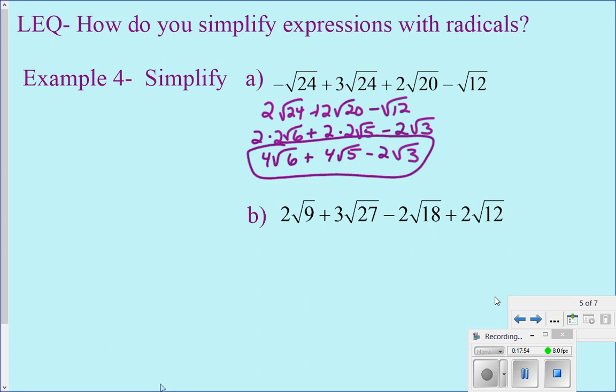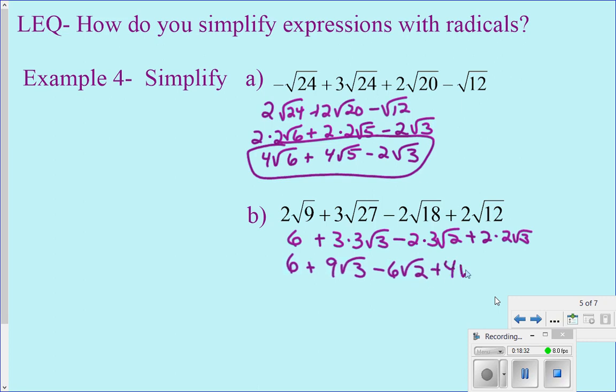So copy B, give it a try. Pause the video if you need, and then you can check it. So 2 times square root of 9 is 3, that's 6, plus 3 times root 27 is 3 root 3. Then minus 2 times root 18 is 3 root 2, plus 2 times root 12 is 2 root 3. So I can simplify that a little bit. 6 plus 3 times 3 is 9 root 3, minus 6 root 2,